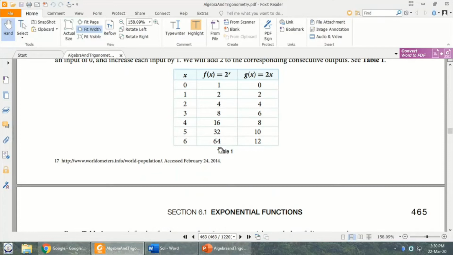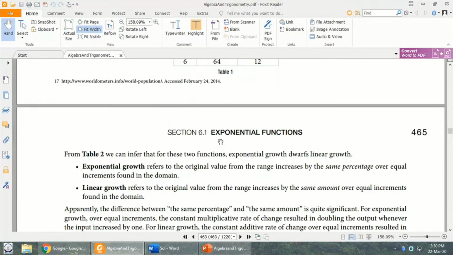So it's just times its original value. The original value is 2 in this case, so it's times. And then we have the linear growth, whereas it is just